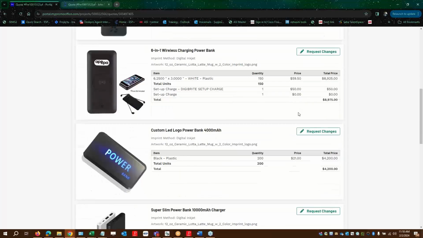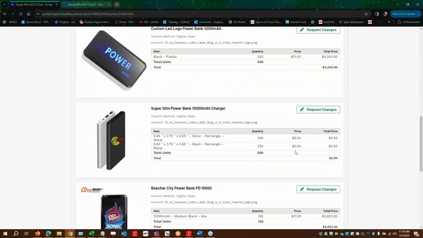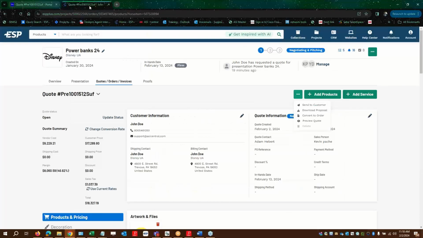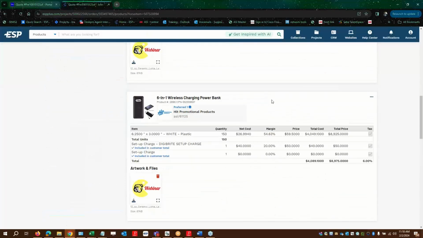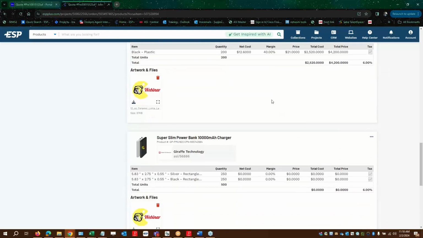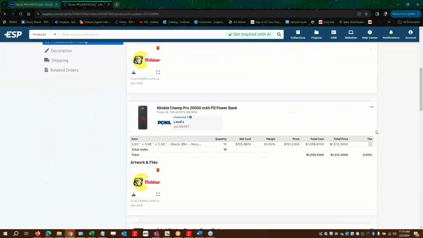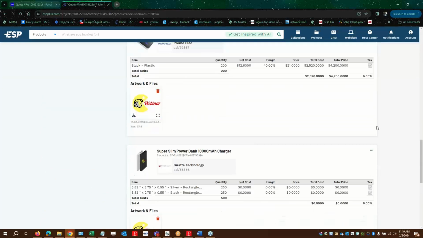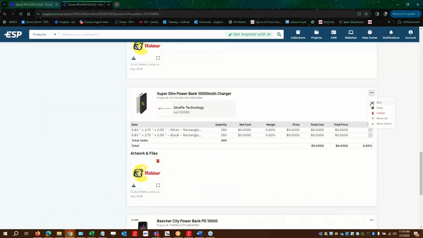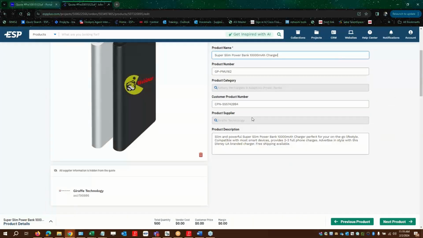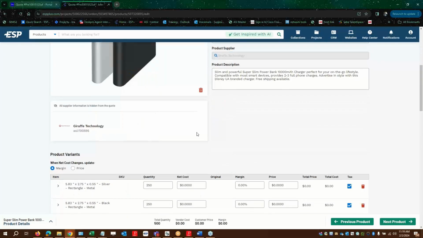So one thing I just noticed is that one of the products has a balance of zero. That could happen if you're going through the products and you see that one has a balance of zero and you're on the quote. It's pretty simple. All you have to do is go to that one product, click on edit, and let's do that now if you don't mind. Let's click on those three dots, click on edit, and then we're going to,